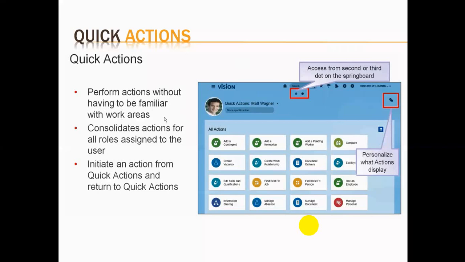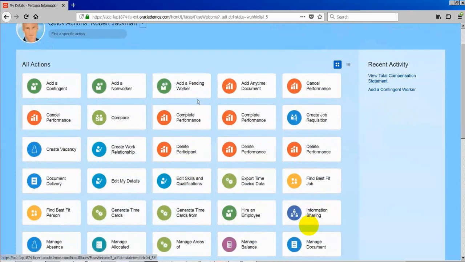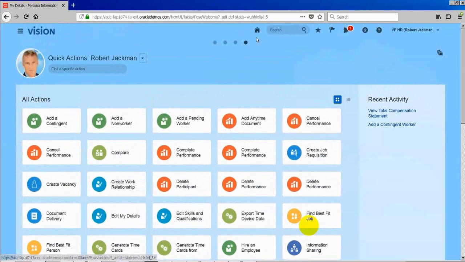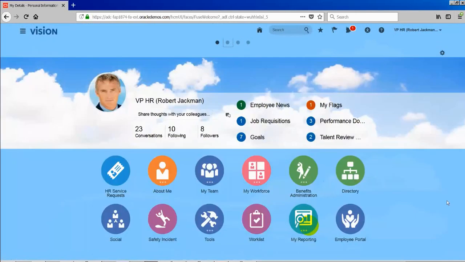So what does it mean? For example, let us say I asked you to go to the homepage. You are in this homepage, and I ask you to create an employee. If you are a new person, you should know where to go to create an employee.